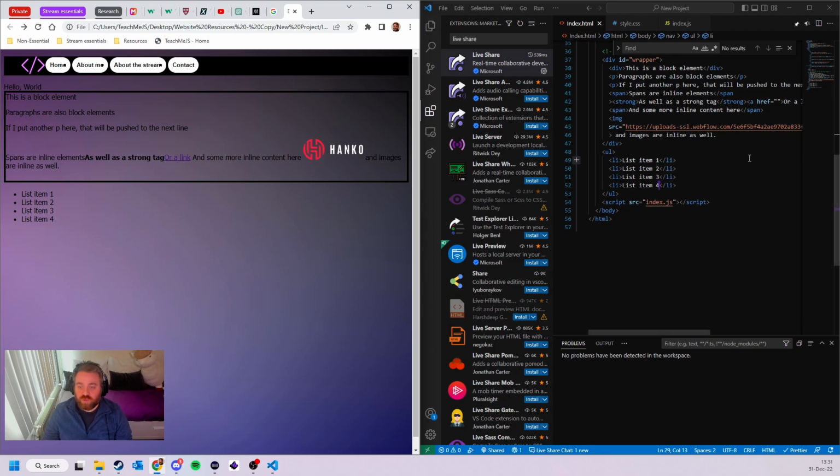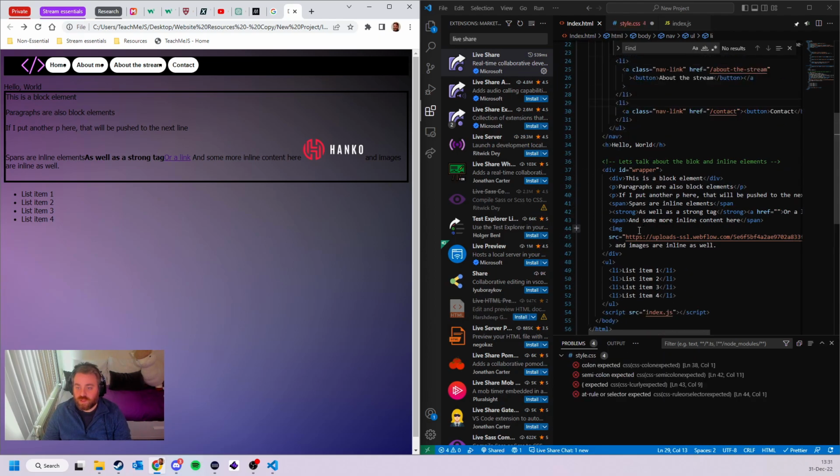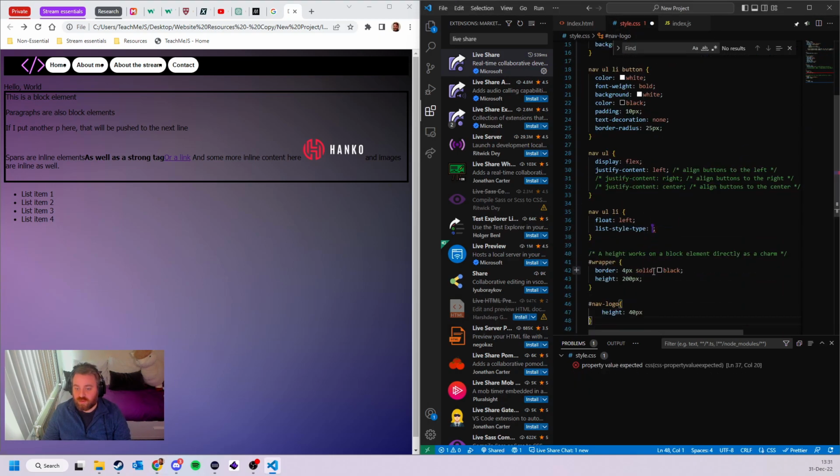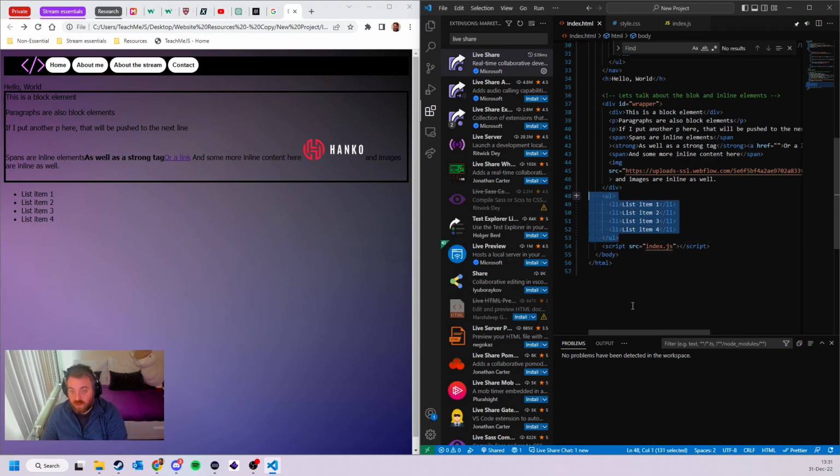Exactly. And how do we remove the dots? So what you can do is go to line 37. Oh, you mean in style? Yeah. Okay, and remove the list style type. Yeah, now it's gone. Now it looks better. Indeed. Then we can remove this list again. Okay, let's remove this. Control S,